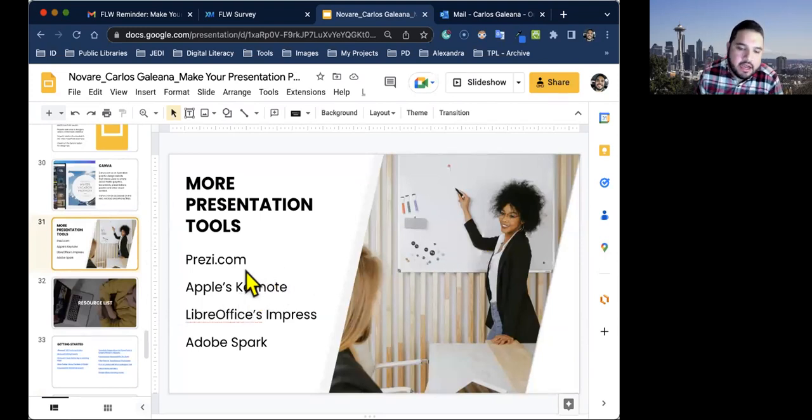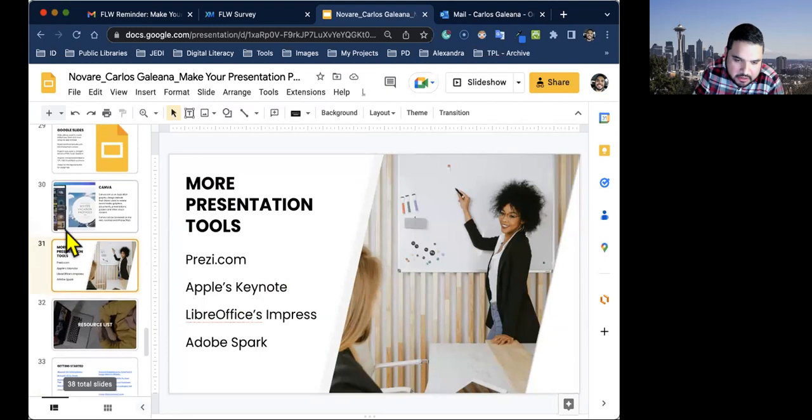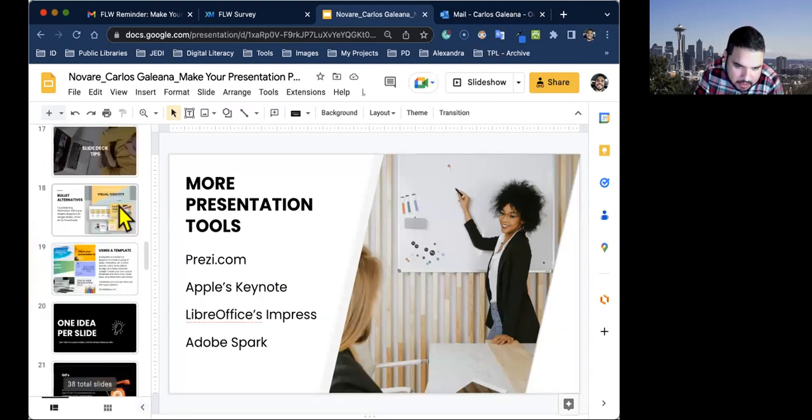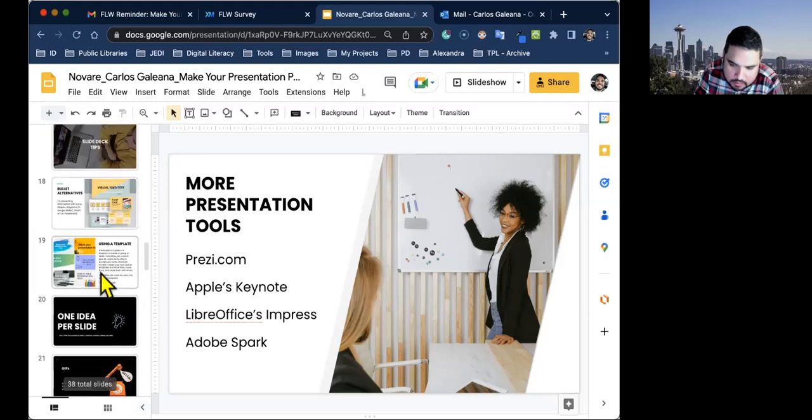It's really cool because you can also use it on your iPad or iPhone, but you can also use Google Slides and PowerPoint on your iPhone, iPad, or Android device. So Keynote is another fine option. All right, I'm going to continue going.